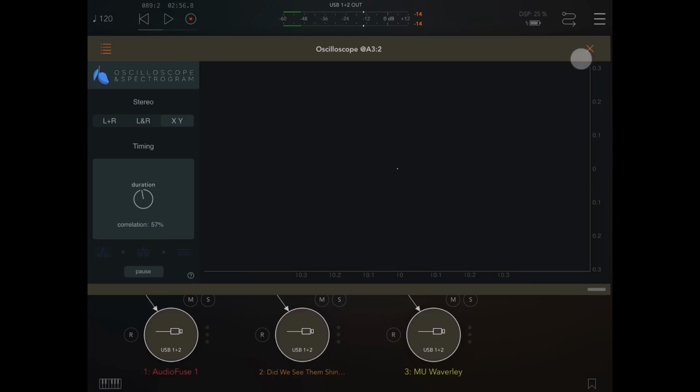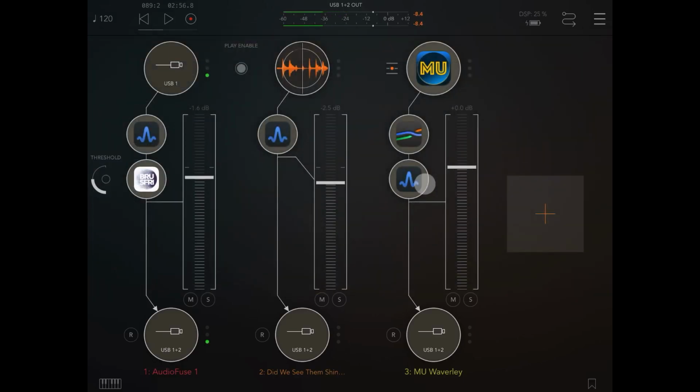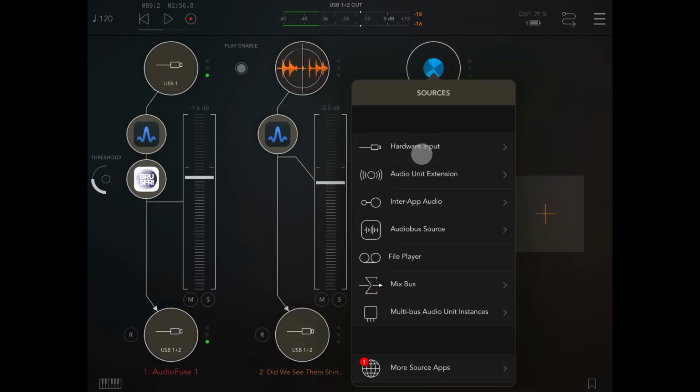Awesome stuff. So you get the idea there. Now, this is what I was saying about sampling instruments. Let's take out mood units a sec, and let's take off the stereo delay. And let us put in